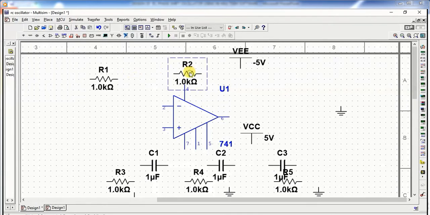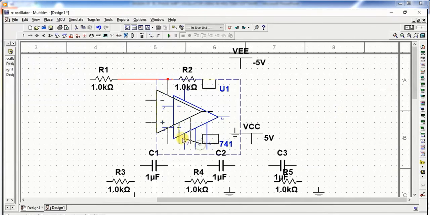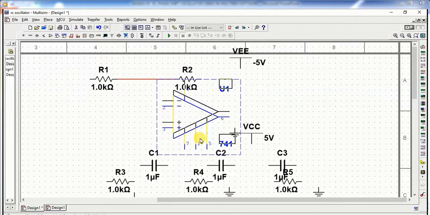So here, connect the R1 to this R2 resistor, and connect all the components like this.